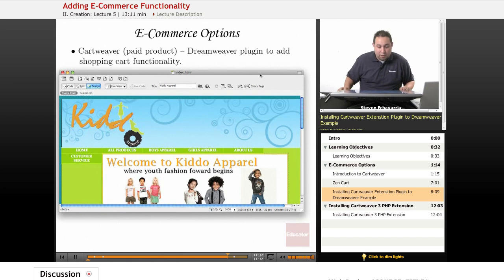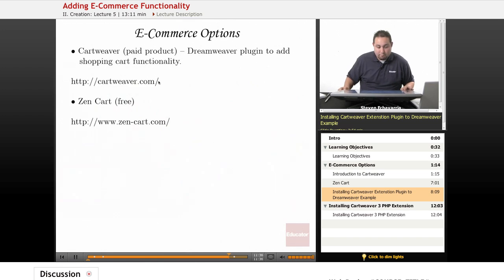So when you install this, you're pretty much set for this portion. And just keep in mind that with Cartweaver, it's as simple as it is. There's that great manual that we're going to be able to follow along, and it's going to make a whole lot of sense. So don't be so discouraged when you see this. It does take some steps to go through this to set up. So on the next slide here,